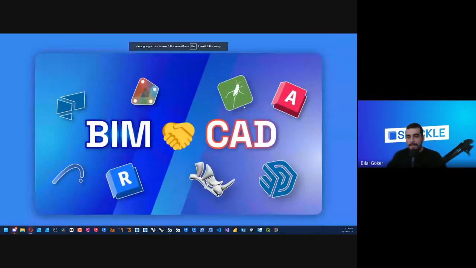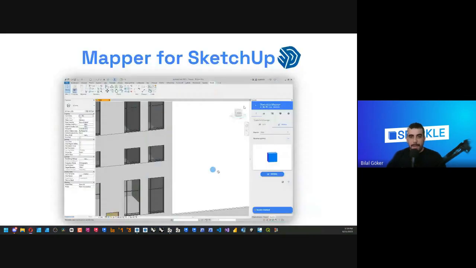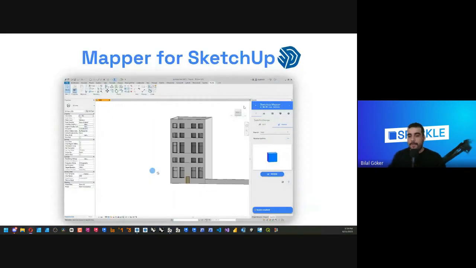And yeah, as you know, we recently introduced Mapper for Rhino. In its essence,